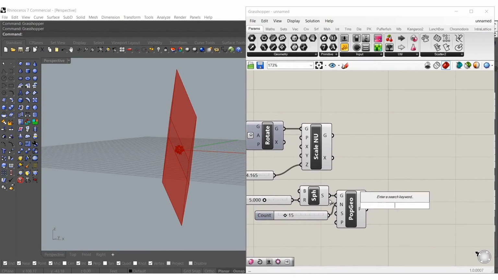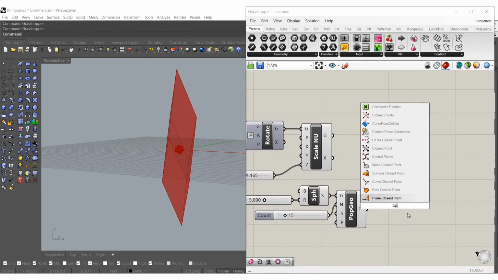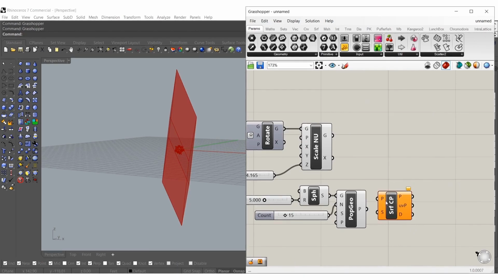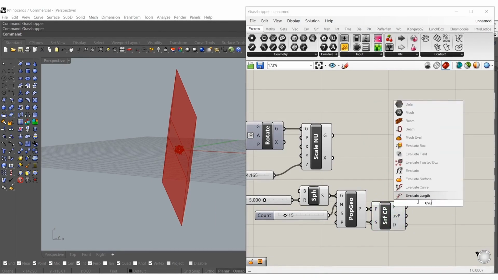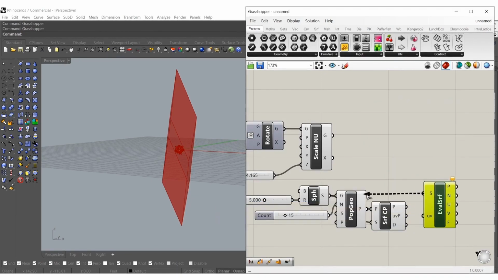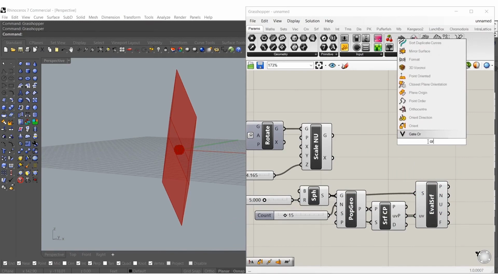And then what we need to do is find the normals, or the frame normals, so we can get some perpendicular or normal frames to that surface. So all I'm going to do is type in CP for closest point onto the surface. Those points go into the P, surface is the sphere, and then we need to evaluate the surface. And that'll give us our normals. Okay, so the UV point onto here,